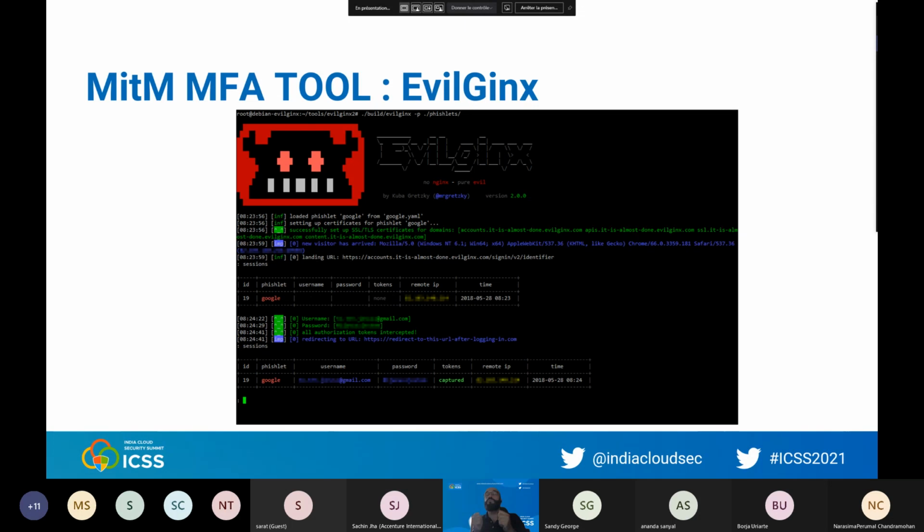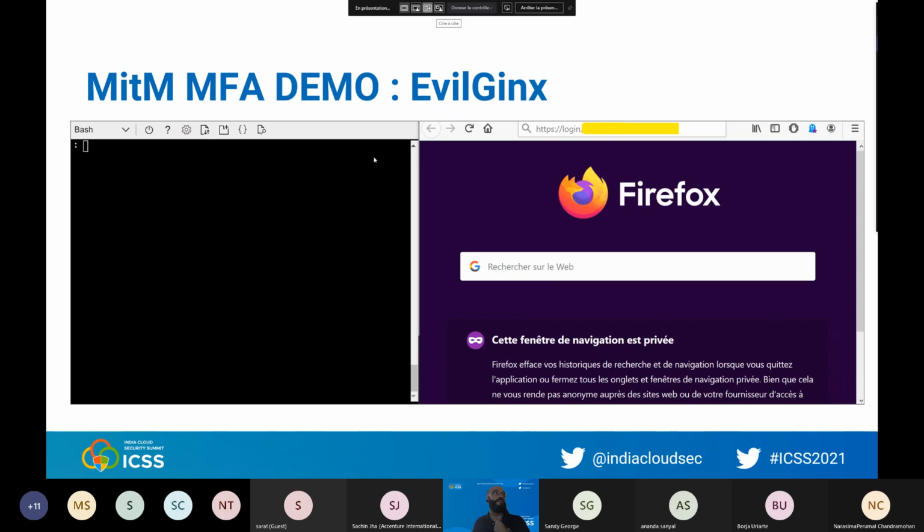And if the end user is not really reading the email address on the top, they will try to connect. If the pirate is using EvilJinx, they will get the password, and they will also receive the security cookie. So let me show you how it works.